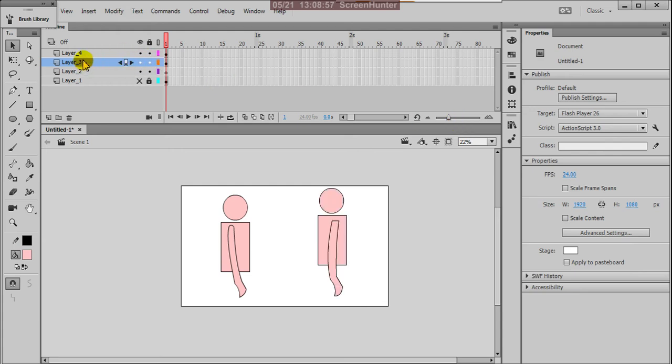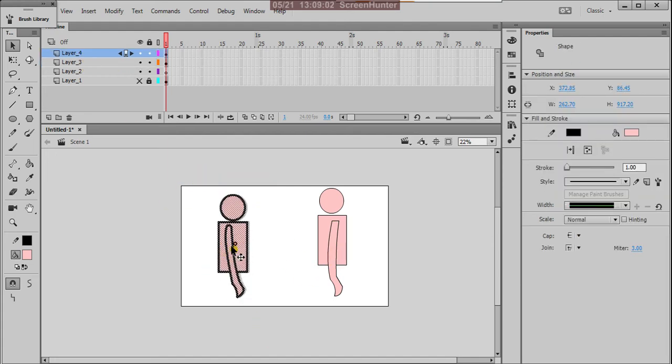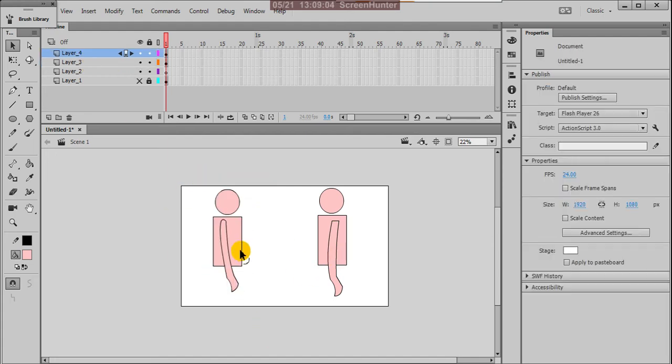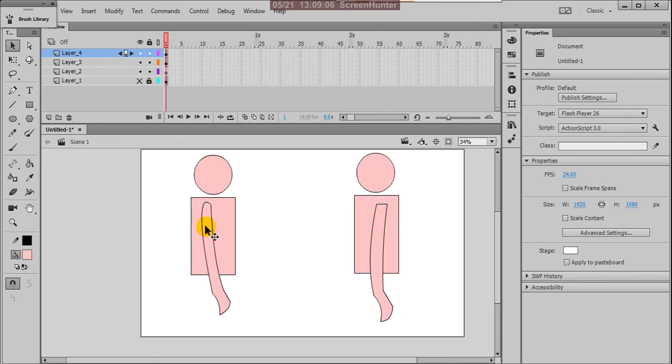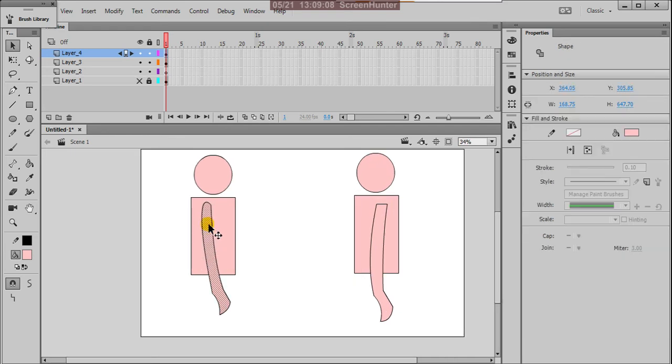Okay, this is object drawing mode, and this is in merge drawing mode. Suppose I want to animate this hand, so what will happen? See, this is connected with the body because it is overlapped and merged with each other, so we cannot use it in animation. There will be a problem.